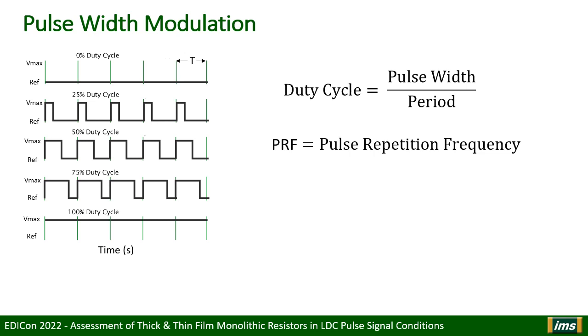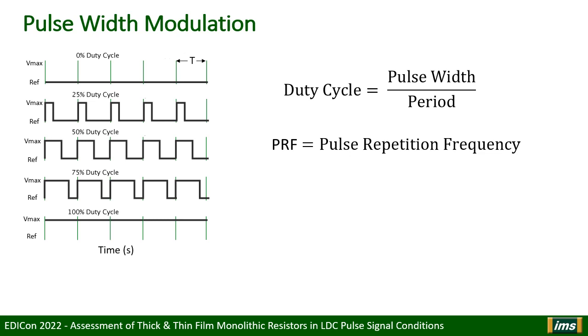PWM is a standard way of describing signals with intermittent transients that we call pulses. The pulse width is the length of time the signal is active, and the period is the amount of time for the beginning of one pulse to the occurrence of the next transient. The duty cycle is a ratio of the pulse width over the period and is typically communicated as a percentage